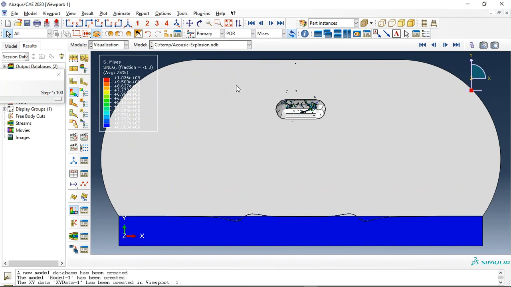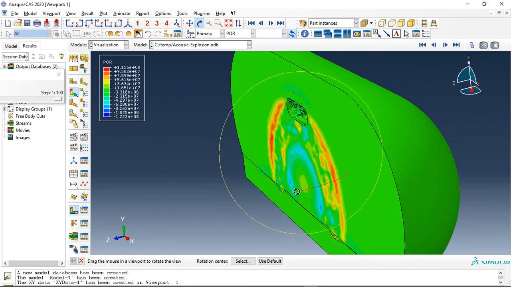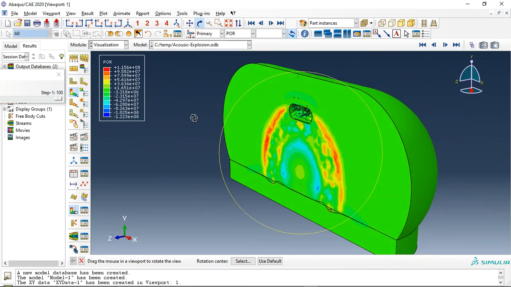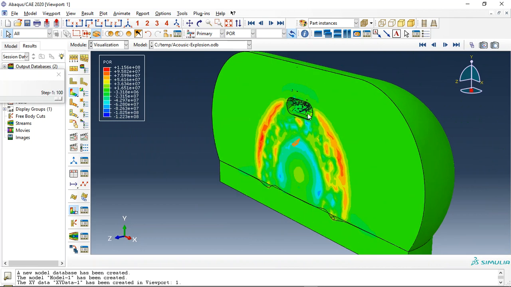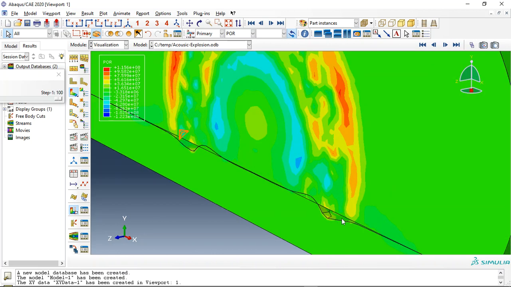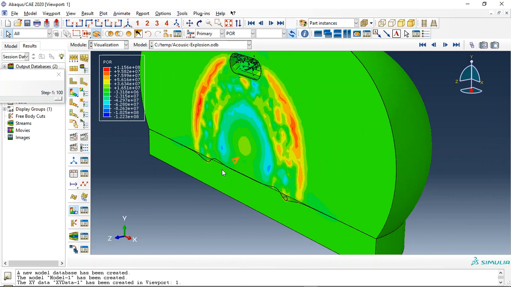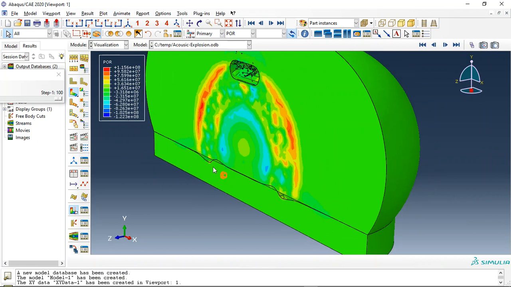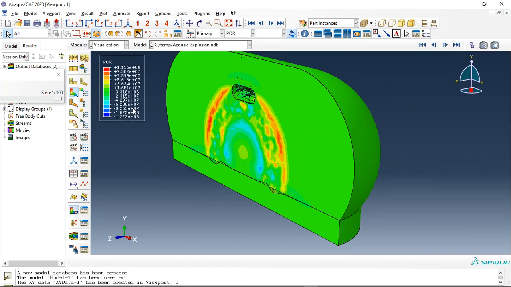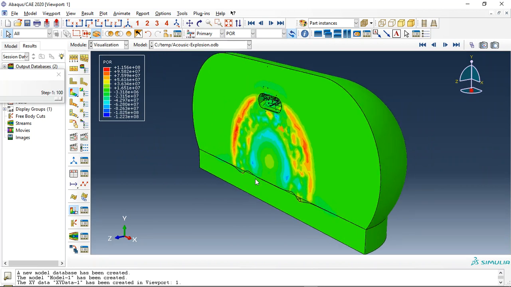So in this tutorial we investigate the acoustic explosion and its effect over the hull inside the water, also in interaction with the soil and soil deflection. The soil received the acoustic pressure, and then it makes deformation and stress. You can see here the deformation of the soil, and it may change it to the internal energy by this deformation. So if you need to model the acoustic explosion, underwater explosion, or on-deck explosion over a hull in interaction